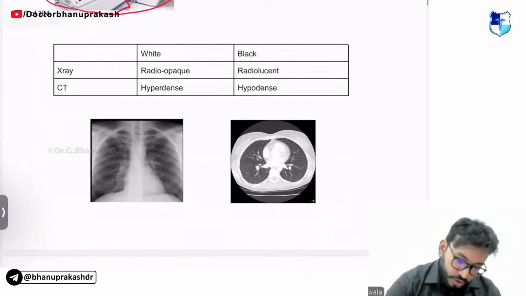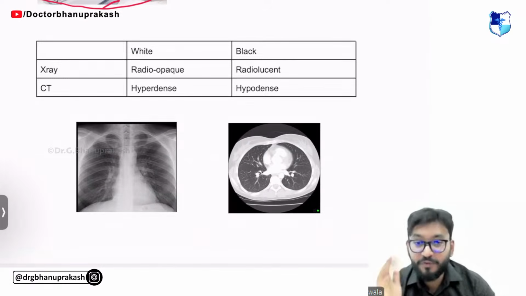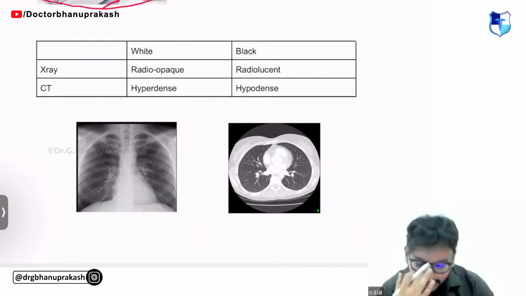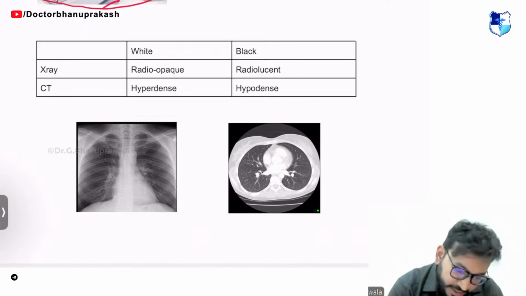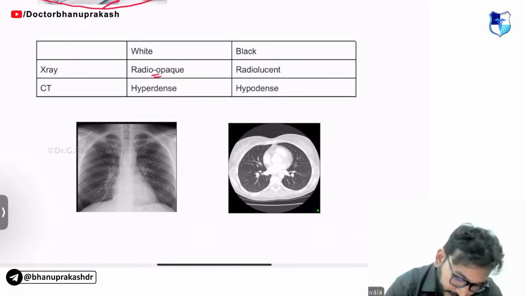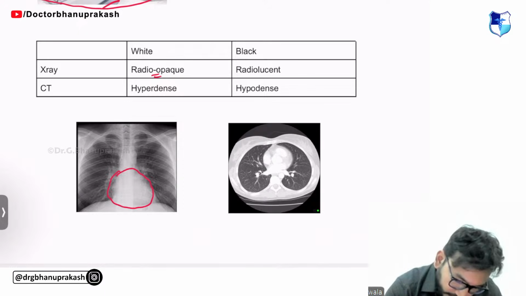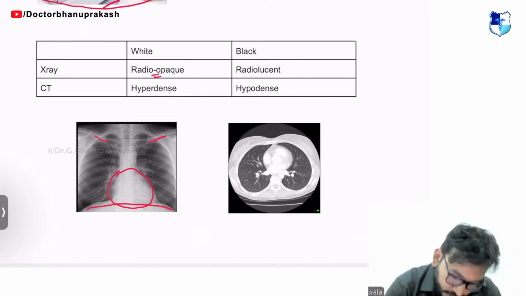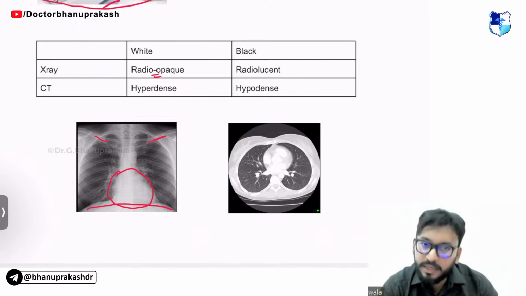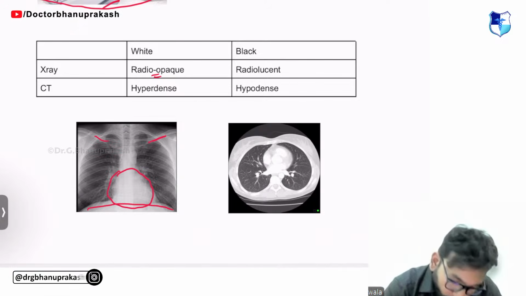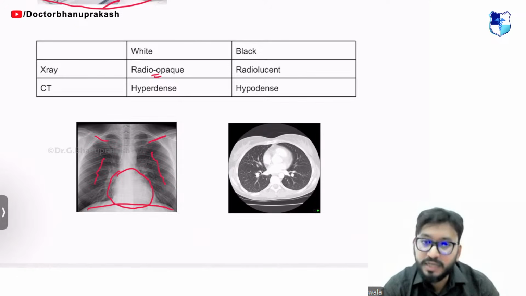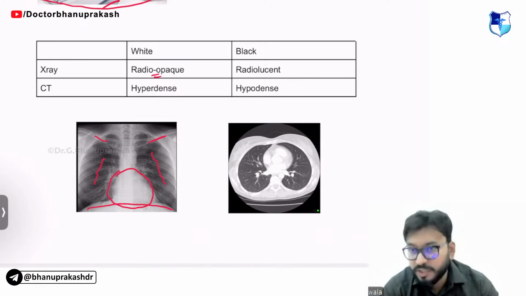So look at this, guys. The first set of real images in radiology. What appears white on X-ray is known as radio opaque. Can you see this heart shadow? Can you see this below the diaphragm? Can you see the bones, guys? All of this is white on X-ray, known as radio opaque. The air in the lungs is black. This is known as radio lucent on an X-ray.